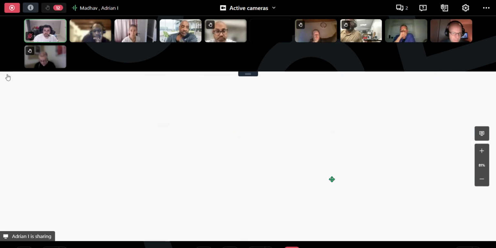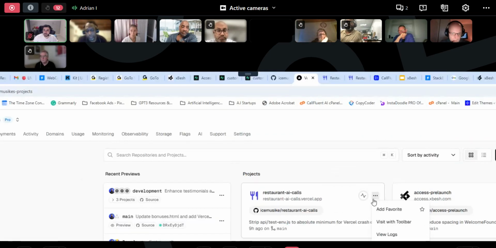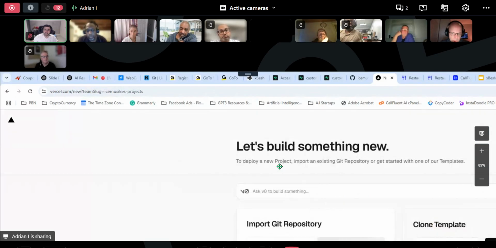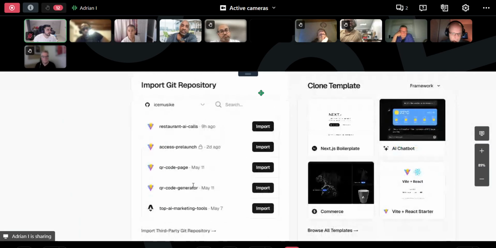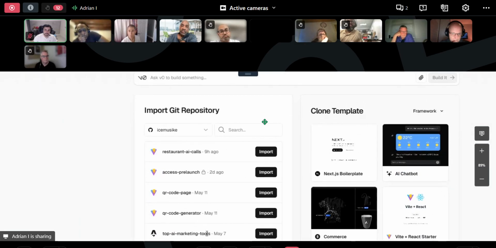Yeah. So let's say I want to put this on one domain. If you want to bring a project to Vercel, you can just click add new project, and it's going to show you all the repositories in GitHub. So if you push your code to Git, you're going to see it over here, and it's just one click.